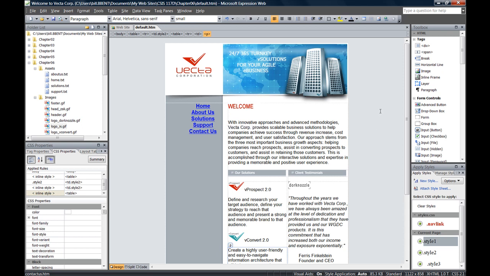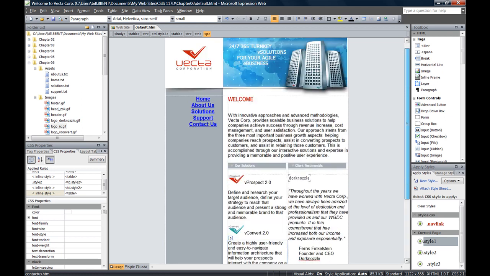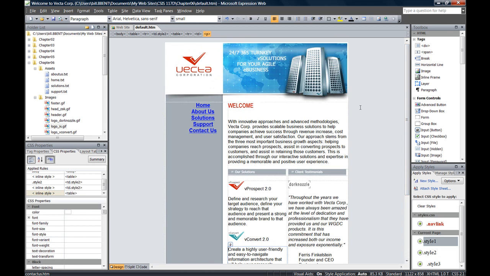So that's pretty much all you have to do. Again, just build this home page the way you see it here, and then apply the same technique that I showed you with the table in each of these subsequent pages: About Us, Solutions, Support, and Contact Us. And then go ahead and publish all your files up to the web server. Email me the hyperlink for your Chapter 6 folder, and then I can go ahead and give you credit